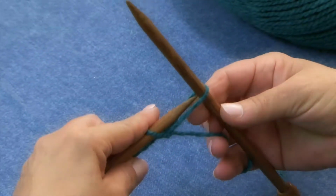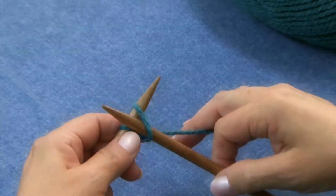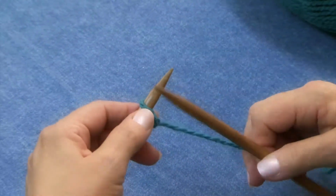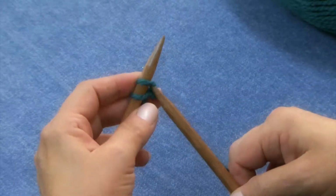And then we're going to dip this needle right down in there and take the right needle out. There we go. There's the first stitch. Let's look at that again. In above the knot,